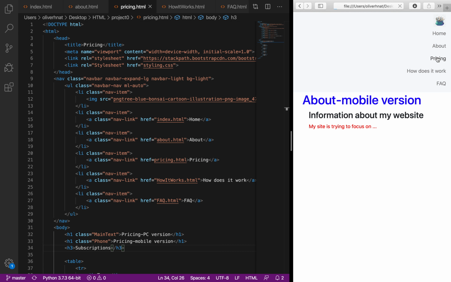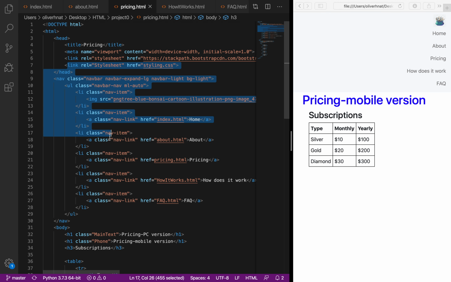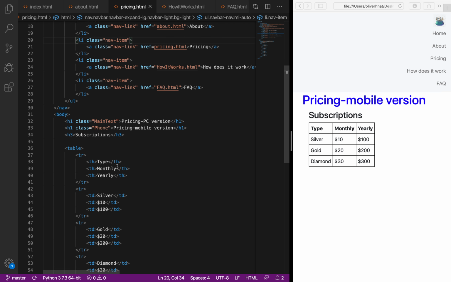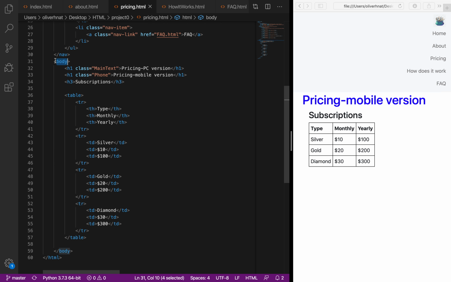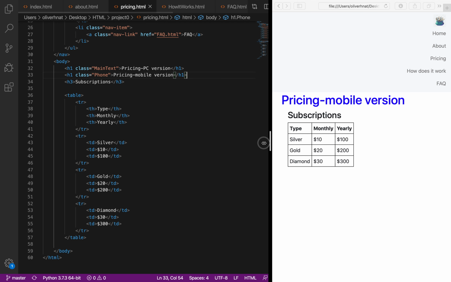Then in my pricing page, the heading is the same and the navigation bar is always the same. But here in my body tag, I have two h1 tags for either phone version or PC version,